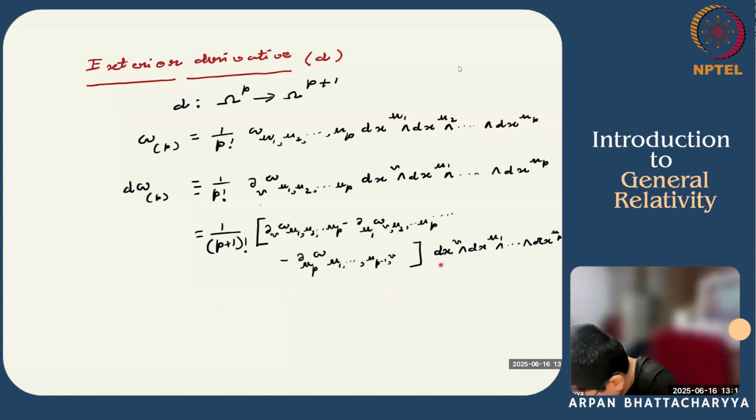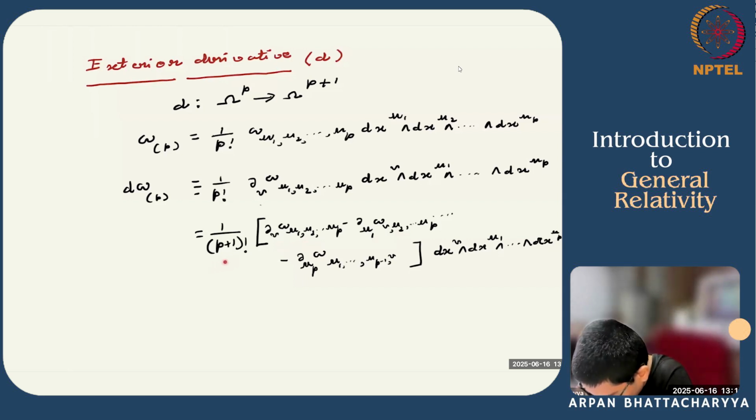Remember that this is completely antisymmetric, and each of these terms is contracted with this antisymmetric part. So if you keep that in mind, you can rewrite by interchanging the corresponding indices, one of the mu indices here with the new indices, and because they are summed over dummy indices, you can relabel them. So these p plus 1 terms will add with each other and give p plus 1 times this term,